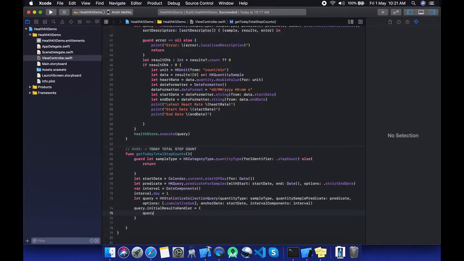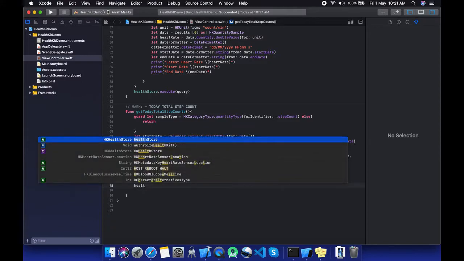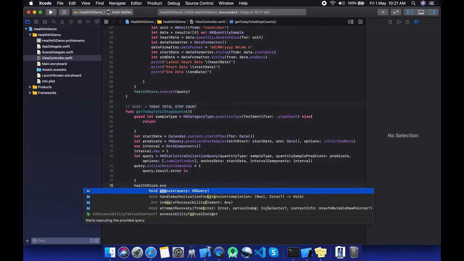It will return the query, result, and error. Okay. Now let's process the query. Don't forget to execute the query.